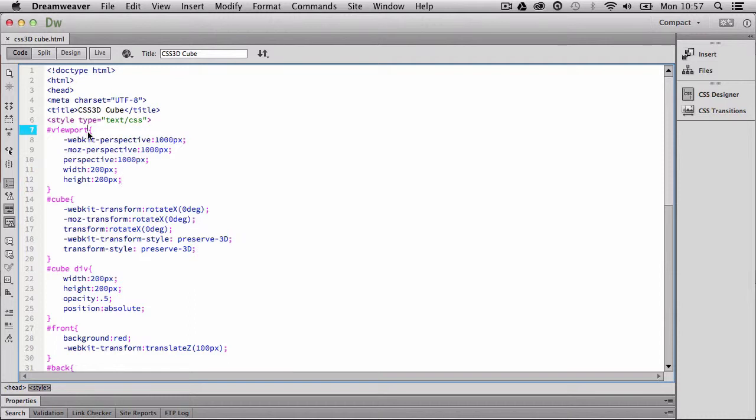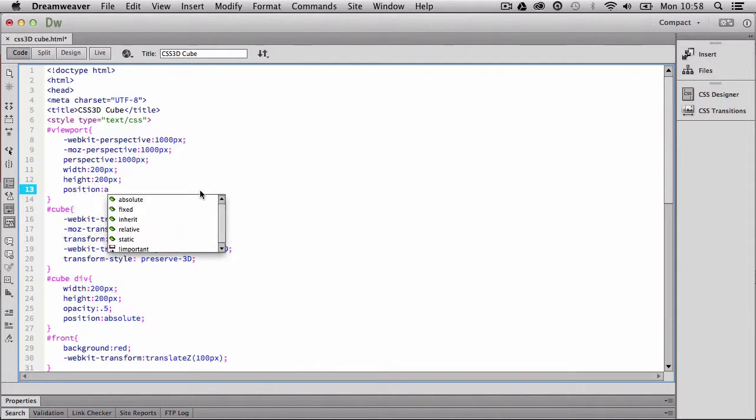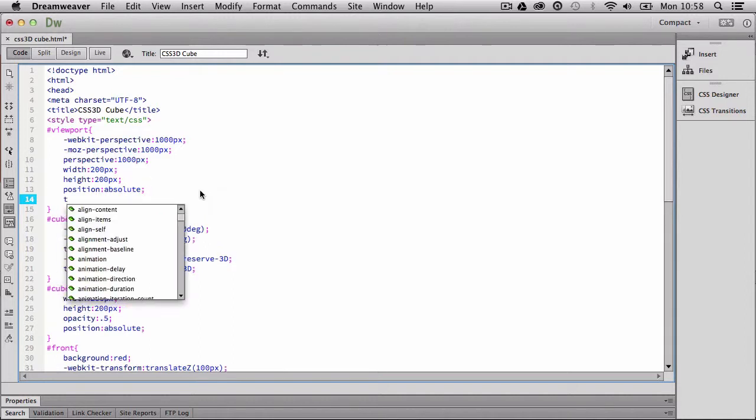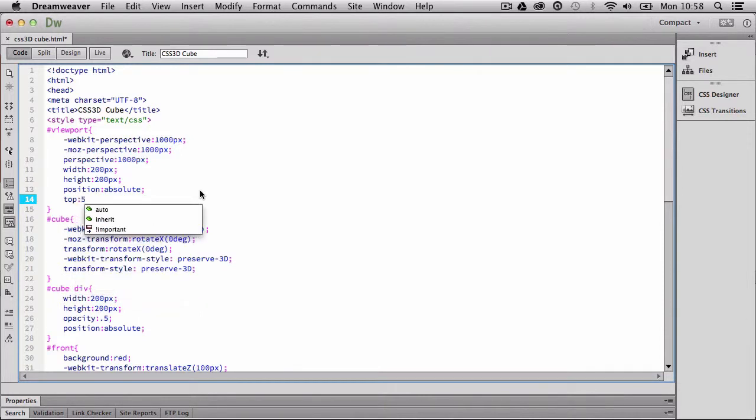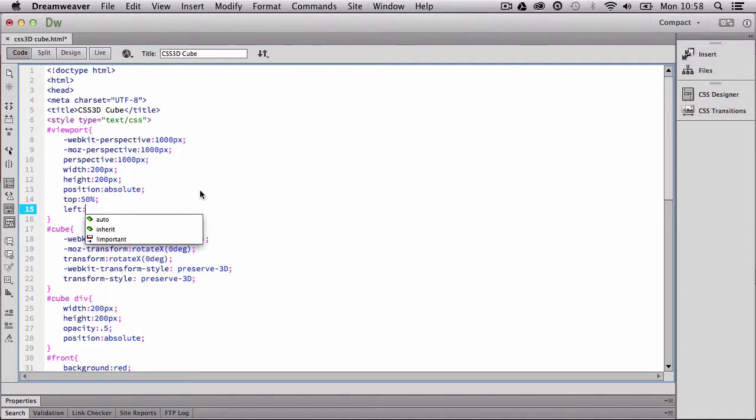Now I actually want to move my viewport into the correct position. So what I'm going to do is just say position absolute, and you might want to actually apply these sort of styles to normal DOM elements. A little trick right here is we're going to center this. So we're going to say top 50%, and then left 50%,